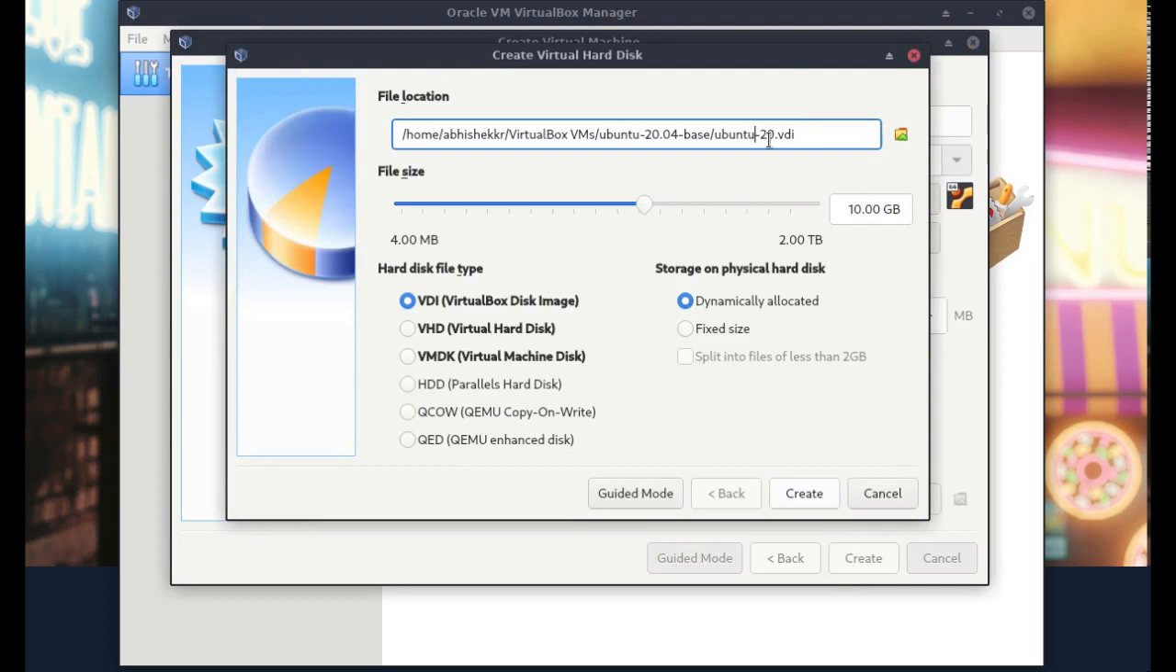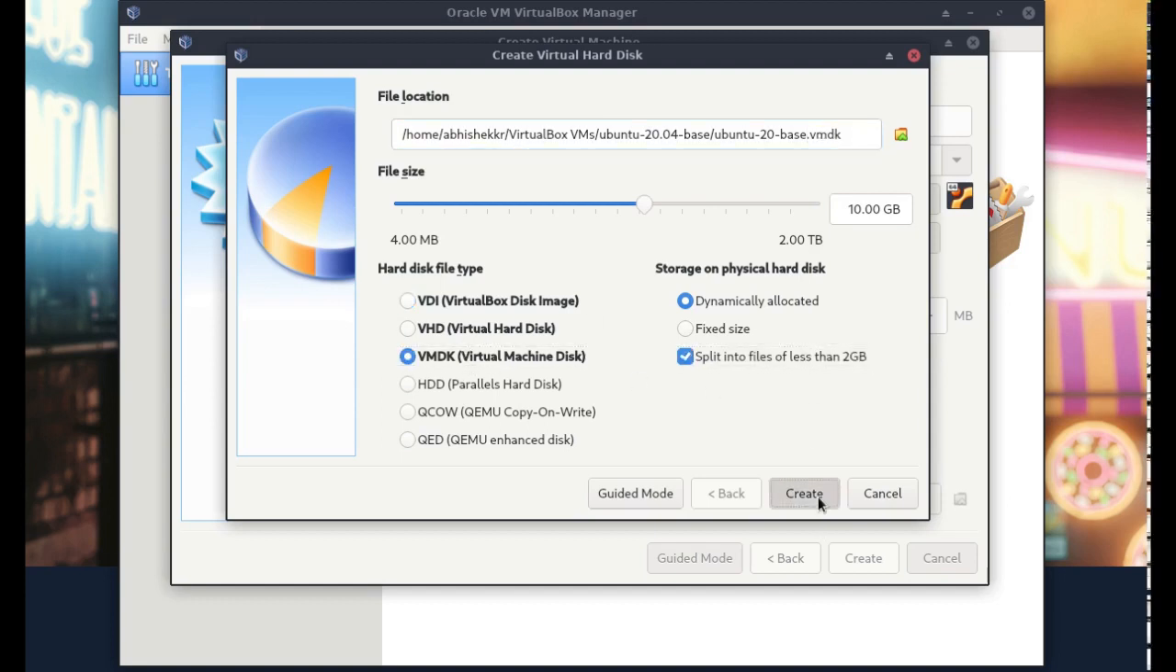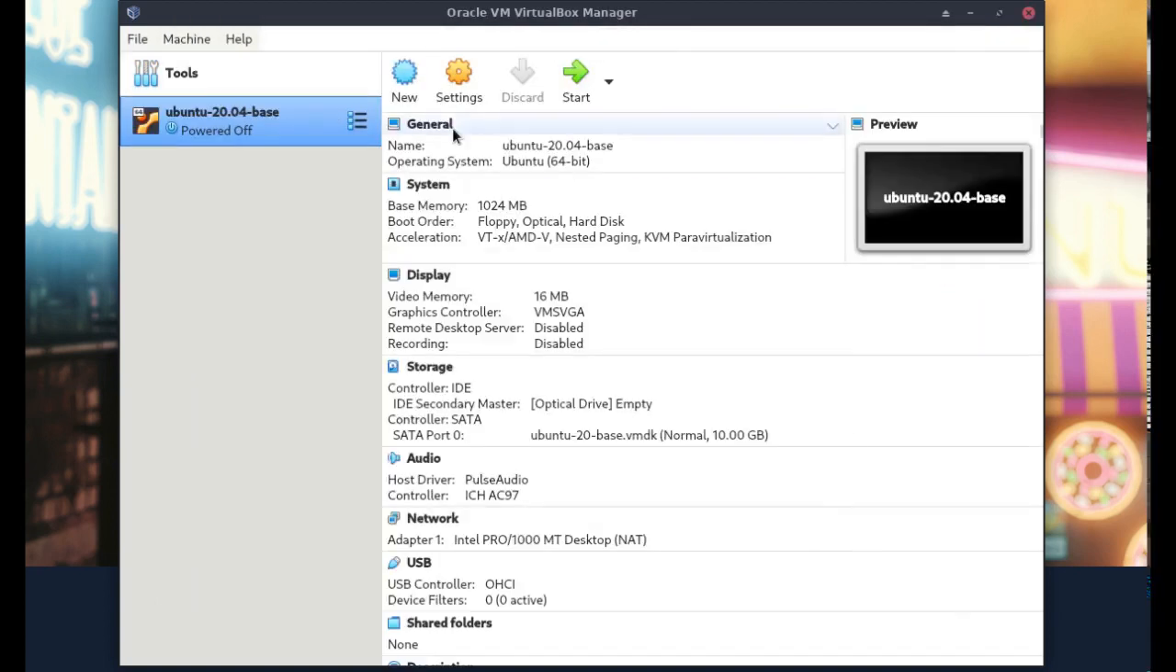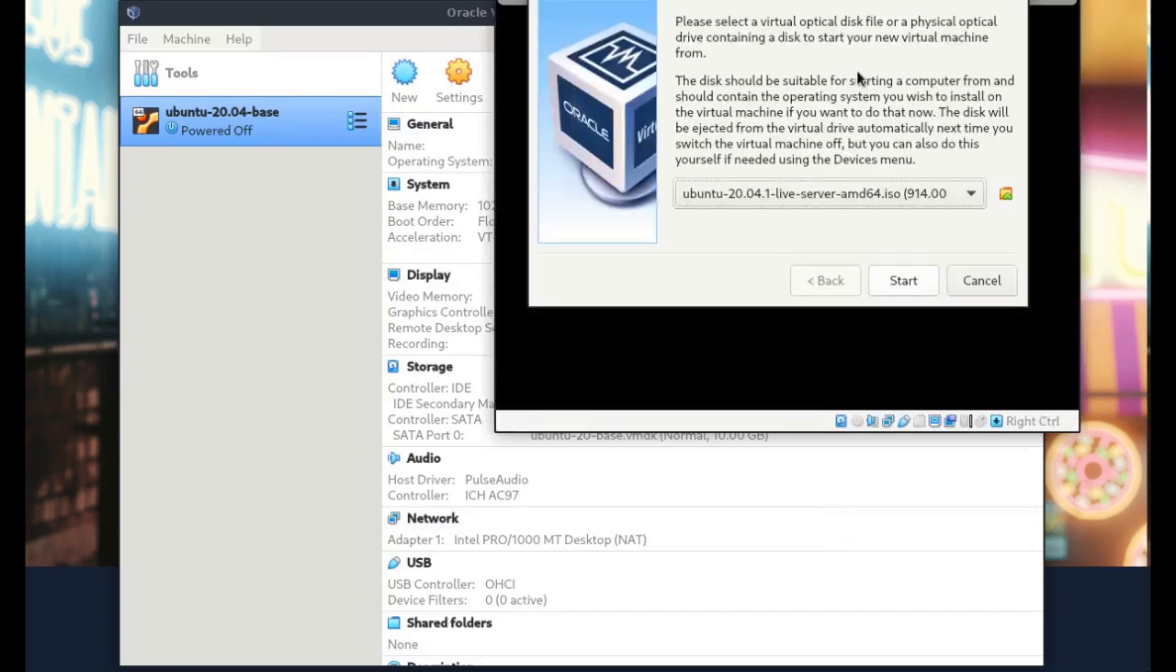Change the machine folder if need be. Now we'll create a new virtual disk. We'll just tweak the name a little to be more apt and not coincide with anything else. Make it VMDK for KVM, so we're going to be able to use it, and split into files less than 2 GB for easily manageable. We can do the settings and select a live disk, or we can just simply start it